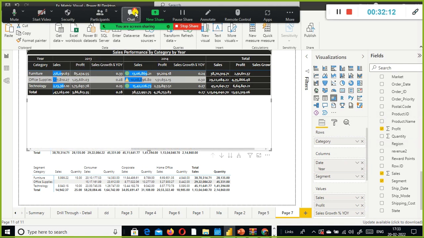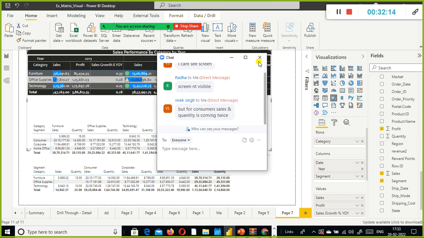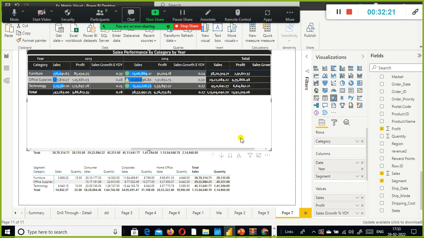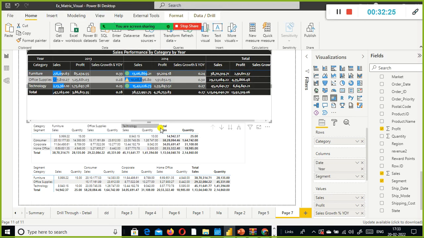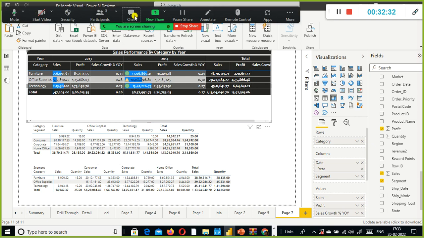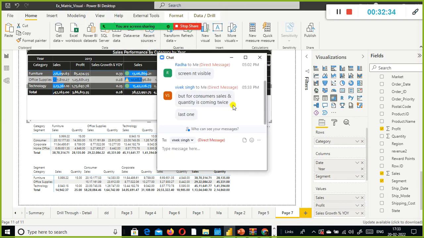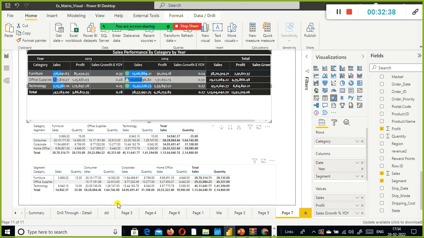So the year, consumer sales and quantities coming twice. One second. Are you talking about this one or this one? Vivek, you are saying about the consumer last one, that for consumer, sales and quantities are coming twice.